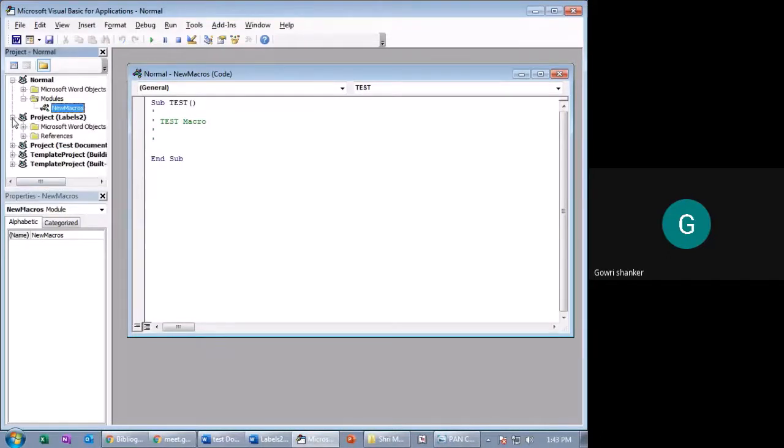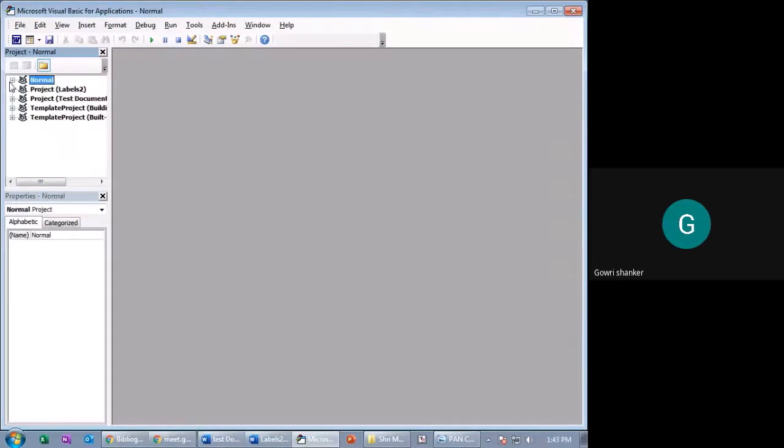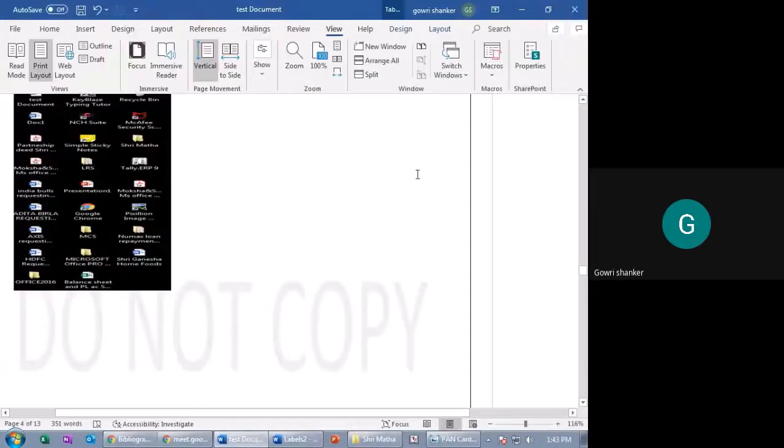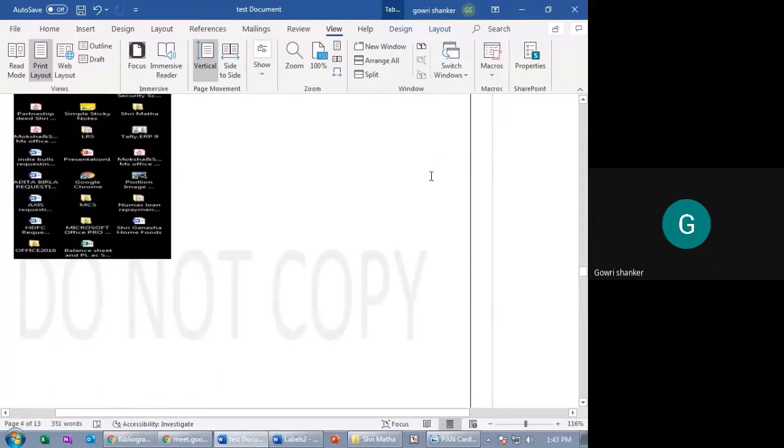So these are the advanced version of Microsoft Office. This will be covered at a later stage when you get into advanced macros. So that you have to personalize. I'll give you some notes for this. I mean, I'll give you some important documents where you'll get information about macros and all.